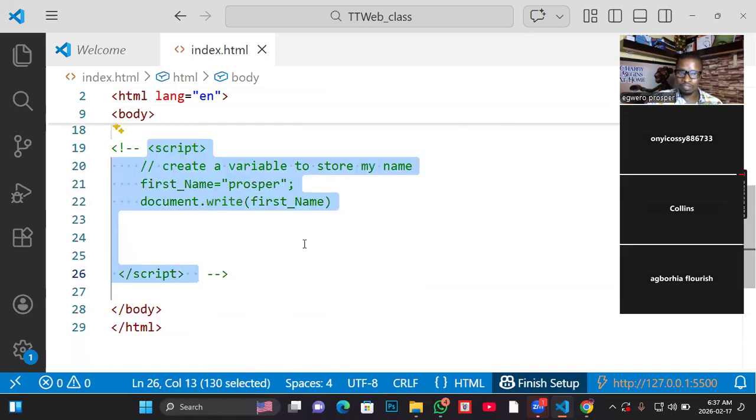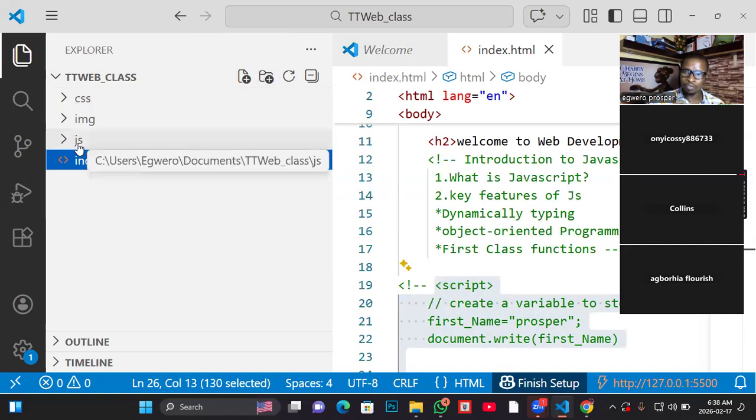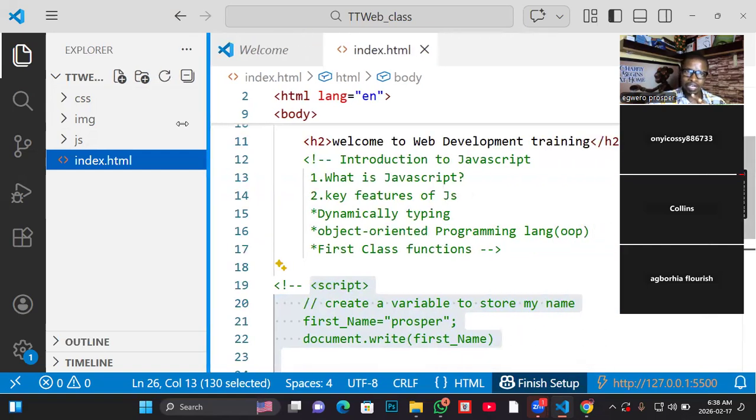External JavaScript, just like the way we learned it in CSS. In fact, for the fact that we created a separate folder called JS, it means we have already planned to write our JavaScript in a different file from HTML. So the external JavaScript means you are separating your JavaScript from the HTML file. The same thing with CSS, which is the best practice. That is the best practice for debugging purpose, so that when there are issues, you are able to